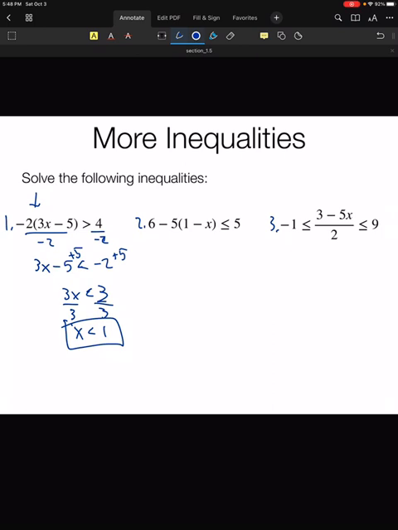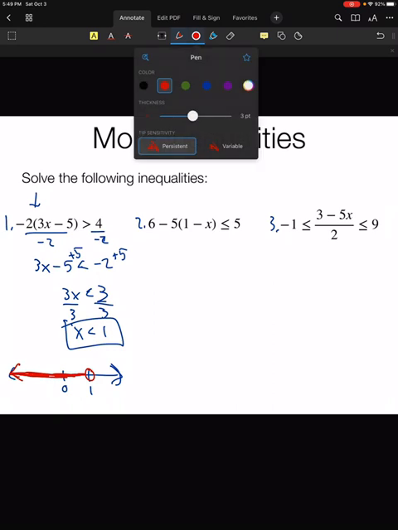That's true, and so it looks like we've got the correct interval, and we make the small number line here, x being less than 1. Here's 0, here's 1, there's an open dot at 1, and then everything less than 1 is shaded in. Okay, great. So that's number 1. Number 2,